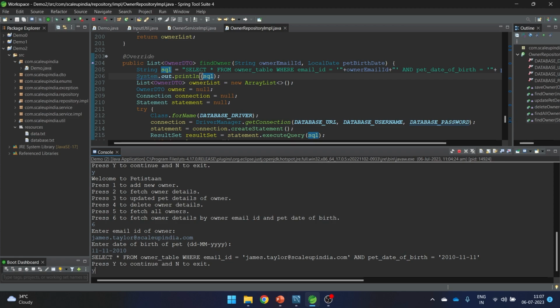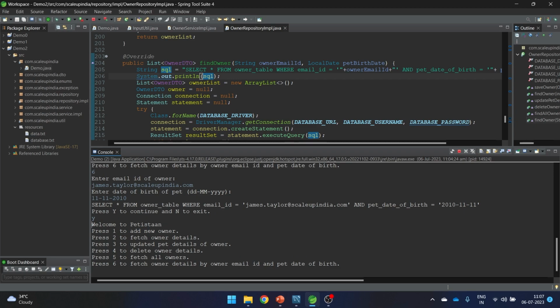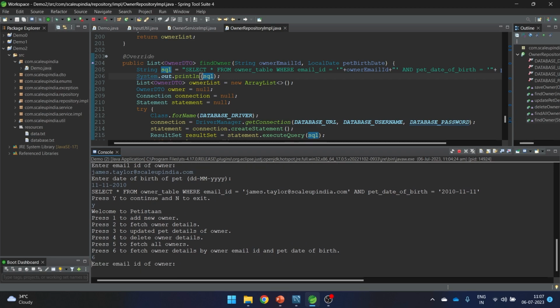Now let's say y again, and let's say 6, and this time let's again give the email ID. Now the hacker doesn't know what is the right email ID. So hacker will say hacker@scaleupindia.com, let's say hacker knows our Scaleup India.